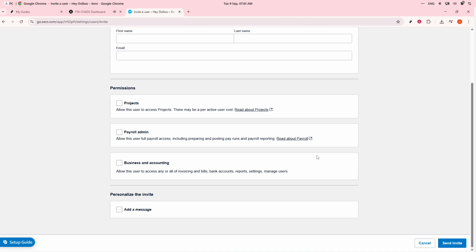Once the user accepts your invitation, circle back to the user section to check the user's list. Here you can verify their role and the permissions you've assigned. If necessary, test the access to ensure that the new user can perform all the tasks required of them without any issues. This final confirmation step ensures that everything is set up correctly and the new user can get started in Xero without delay. And that's it. You've successfully